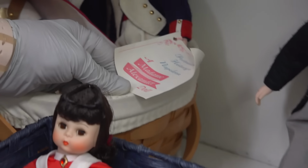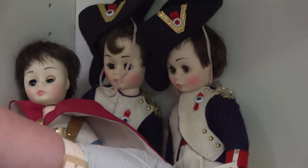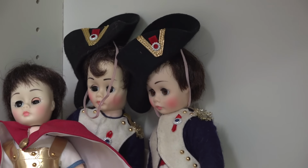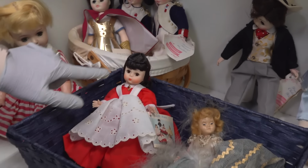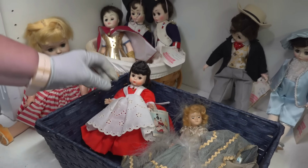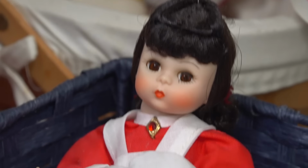The Portraits of History doll, this is Napoleon, and you can see him in his uniform. They have the original tags on them, not the original boxes, but the original tags. You can see, again, some of the more popular ones, but their faces are very characteristic. She's a Madame Alexander doll, too. So face is characteristic, really big eyes, large cheeks, accentuated, very small mouths and small pug noses, really beautiful condition,